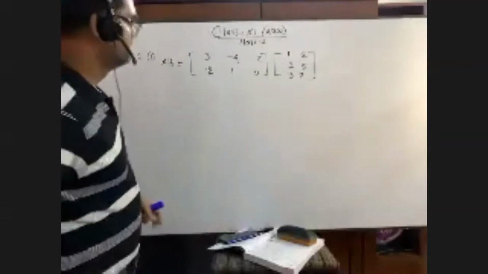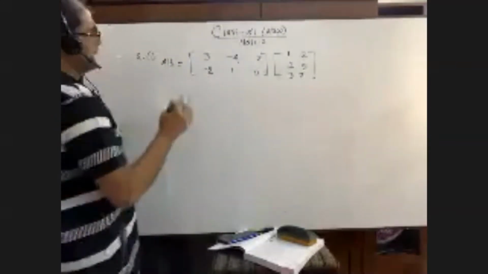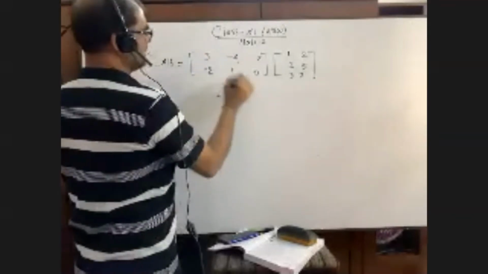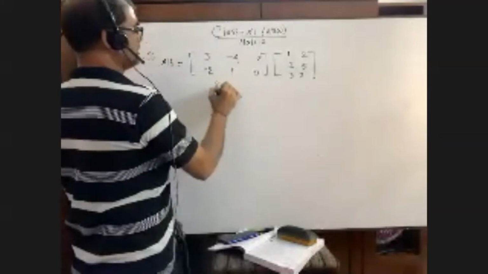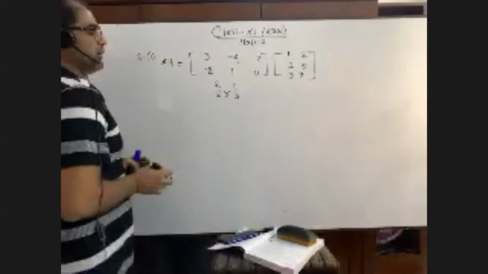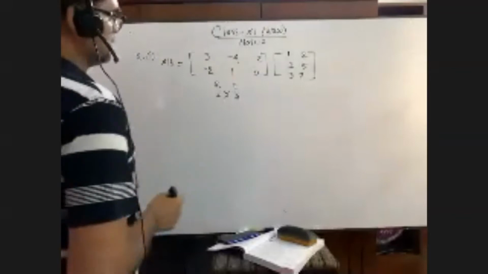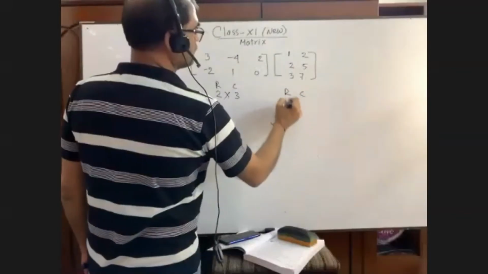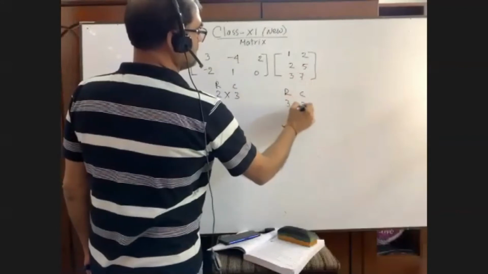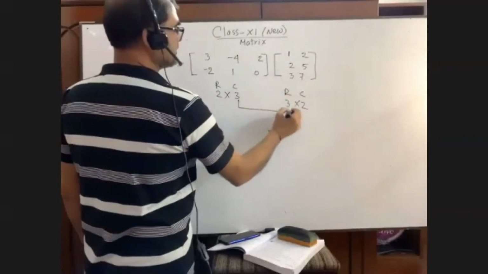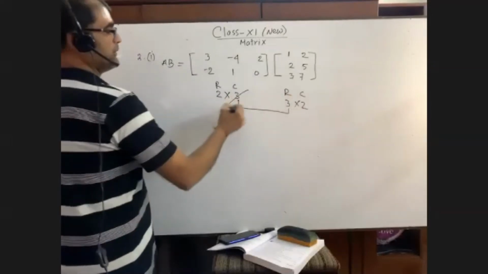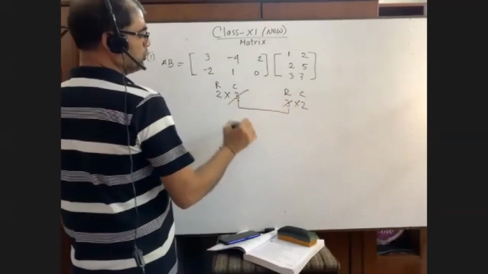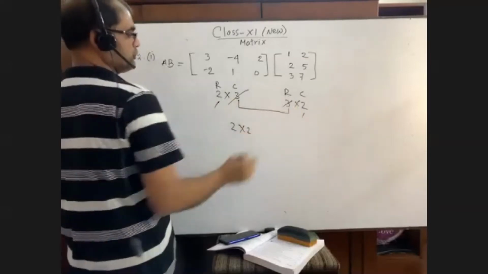Sorry. Hello. You say again. Its order is what? How many rows? 2 rows. How many columns? 3 columns. RC cola. Can you remember? RC cola, that is Royal Cola. And here RC. How many rows? 3 rows. How many columns? 2 columns. You'll see these are same. So it will be omitted and we will be left with a new matrix of order 2 by 2. These 2 and these 2.